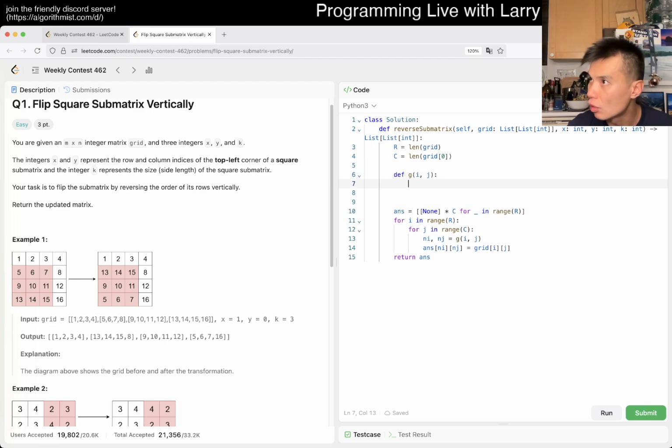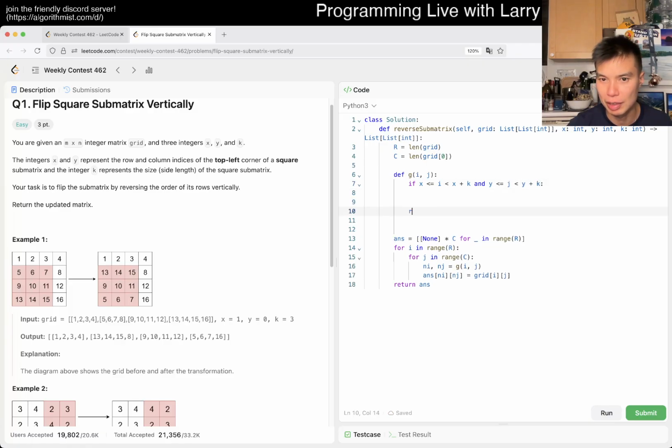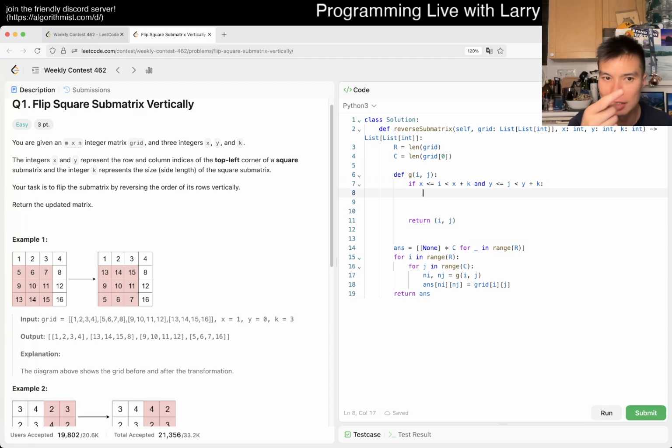x y is the upper corner, so that means that if i is between x and x plus k, I think this is strictly less than, right? Because if k is 1, then yeah, okay. And same for y. Then we do stuff. Otherwise, we just return i j. We don't change. Okay, but we do have to change. Then we just flip vertically. Then j will be the same, right? Because that's just a column. So then the row would be